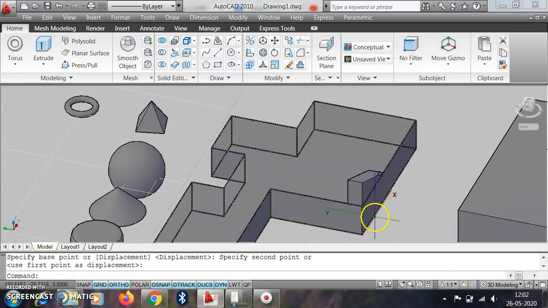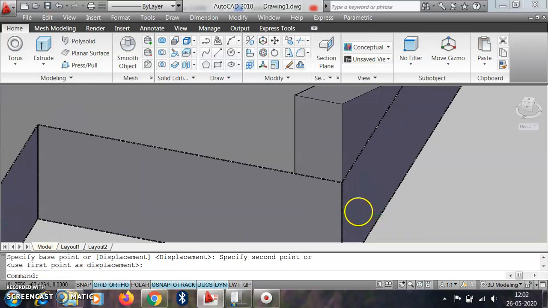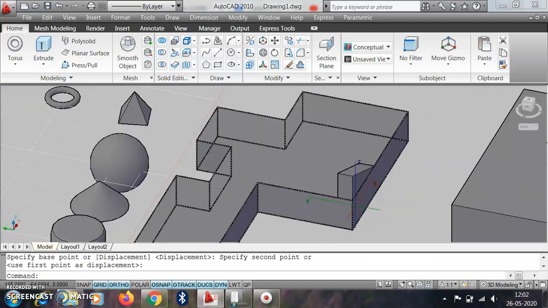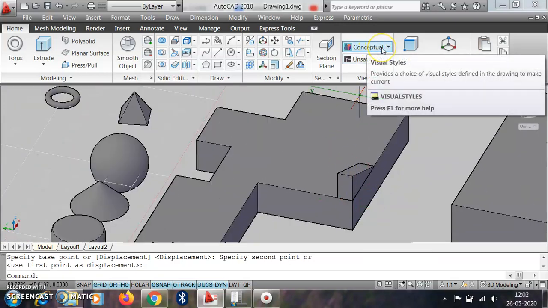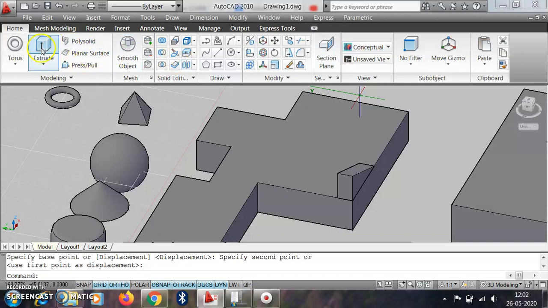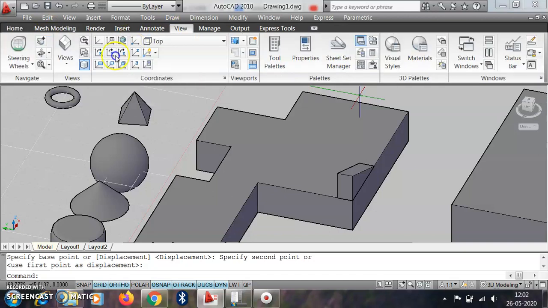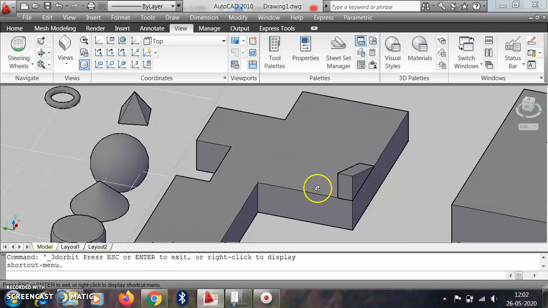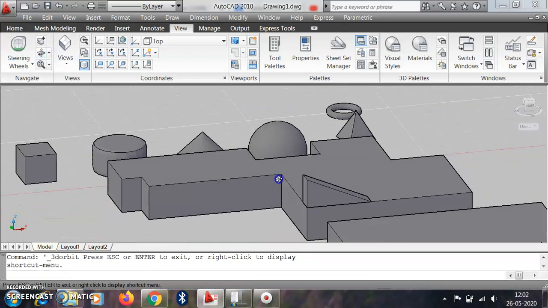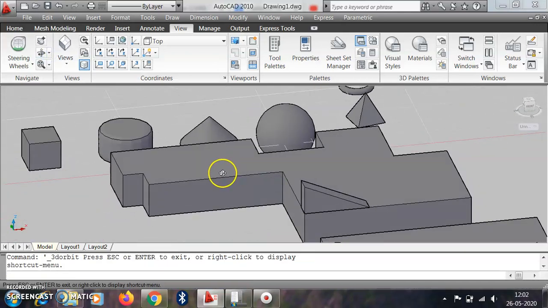So our object will get connected at this point. And suppose we rotate it with the help of orbit, then we'll get a shape like this one. So we can draw any 3D object using this command.